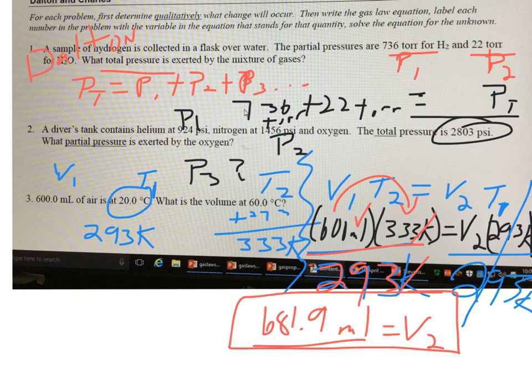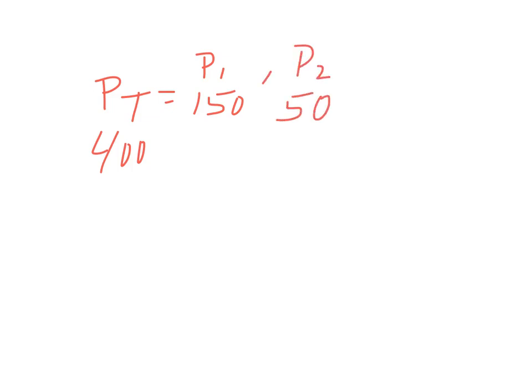Any questions on the units or on the formula? No? Or on the partial pressure? So partial pressure, you're just adding up all of them. But if you have the total pressure, you just subtract. Right. If they give you the total pressure, let's say it's 400, and then they give you a partial pressure of 150, a partial pressure of, let's say, 50, and another partial pressure of, let's say, 50, and let's say these are all in torr,